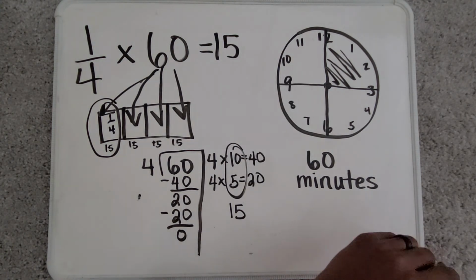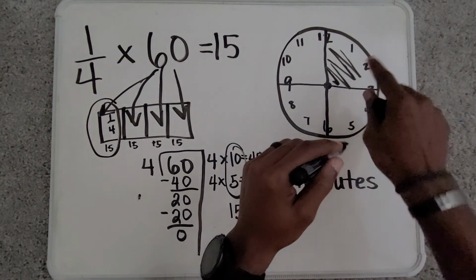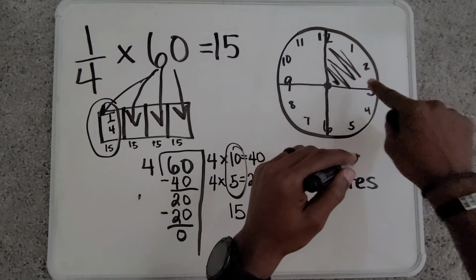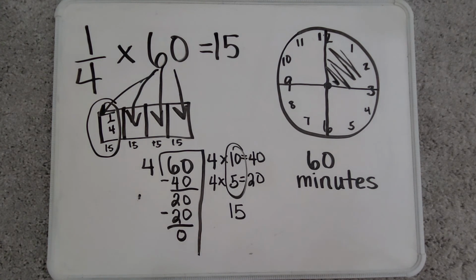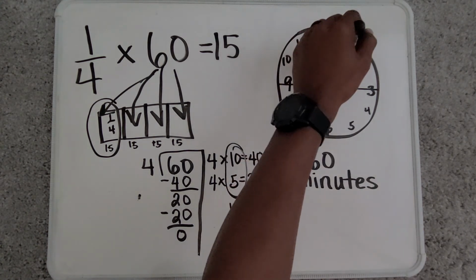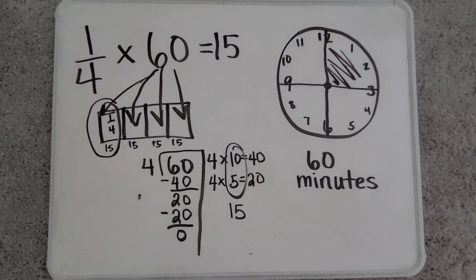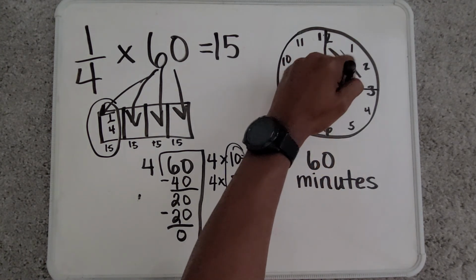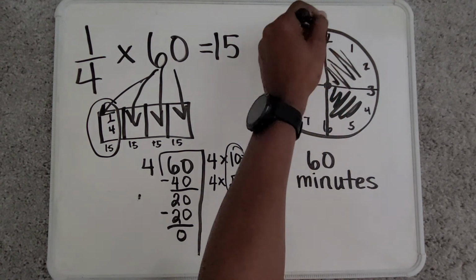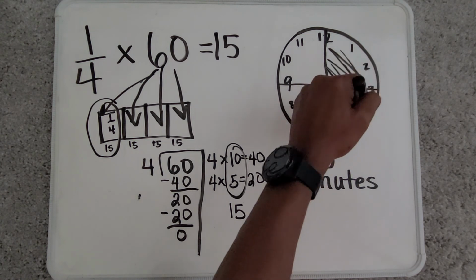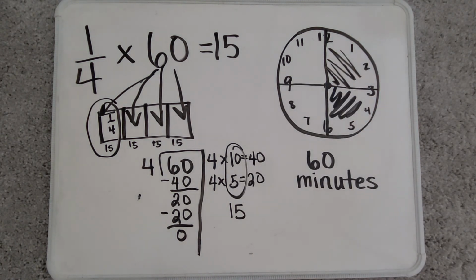Now, I can also use the clock to help me. Once I identify 1/4 of my circle, I can also count using minutes. 5, 10, 15. If I'm looking for 2/4 of the circle, I can count 5, 10, 15, 20, 25, 30. Now,